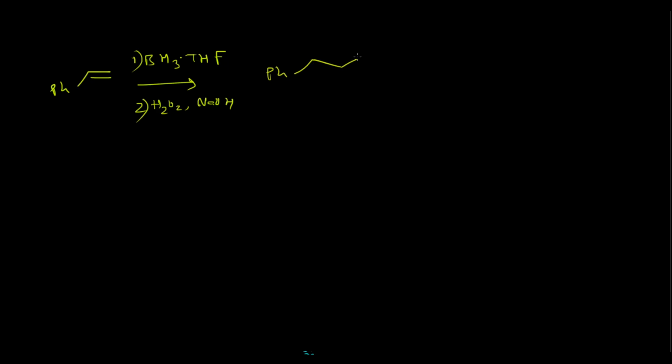To get this product, obviously this will be the product, but it was found that the regioselectivity is 80% when the boron molecule is used as the hydroborating agent. So 80%, although it is a reasonable number, can be improved to a much higher number, like above 90%. To do that, we have to control the steric factor during the reaction. We cannot control the electronic factor for a particular substance.